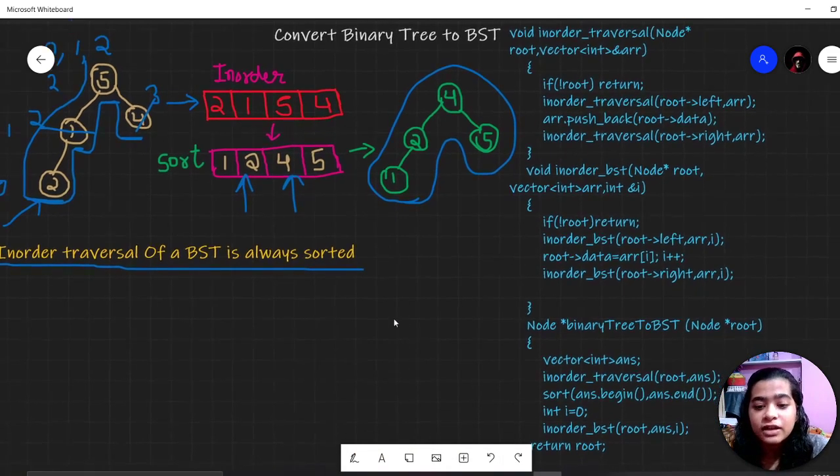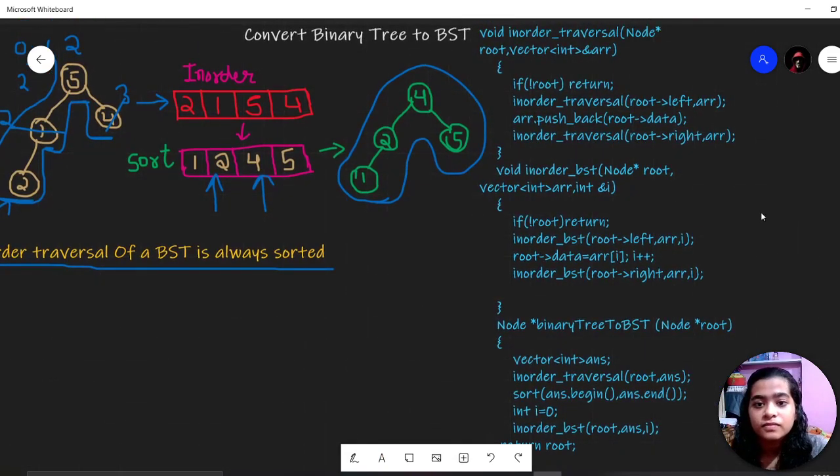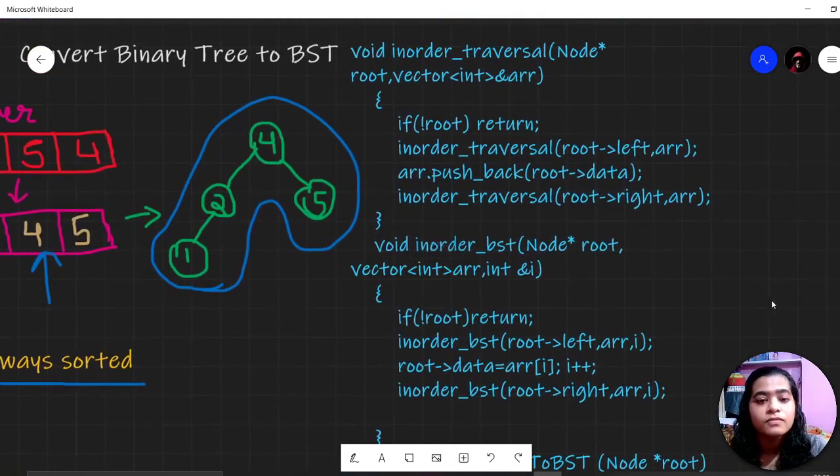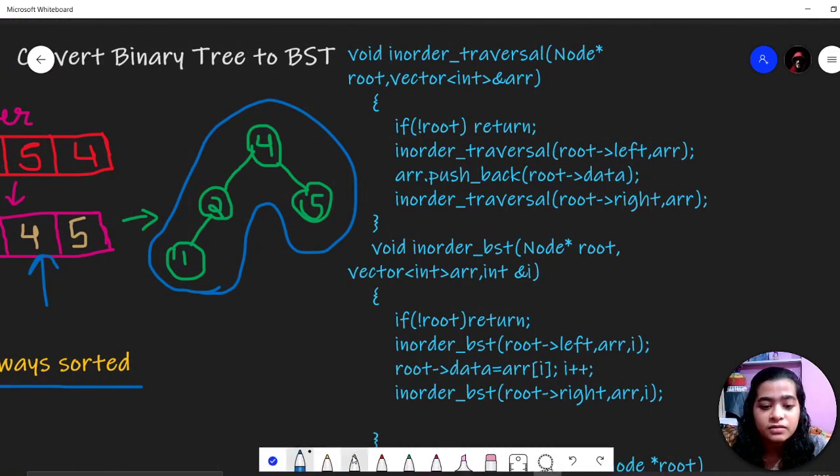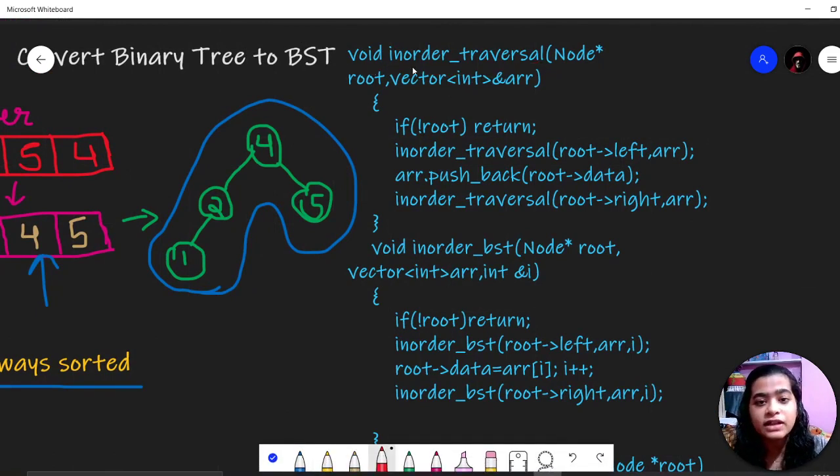So now let's see the code part. This is the in-order traversal function. First of all, we are calculating the in-order traversal of this tree. In-order traversal is, first we traverse the left node, the root node and the right node. And if the root is null, then we simply have to return, because it is a void function.